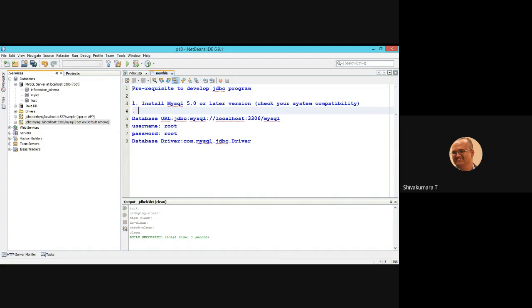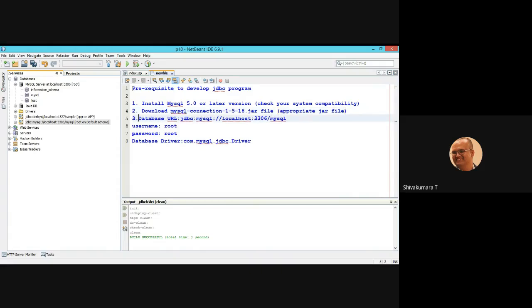The second one is to install or download the MySQL connector, some version like 5.1.6, with the .jar file. Again, download the appropriate jar file, not exactly the same, but appropriate.